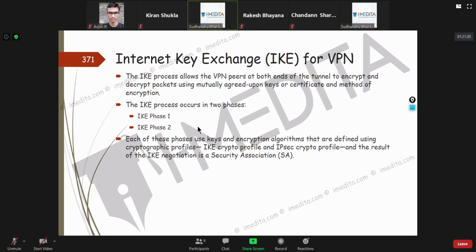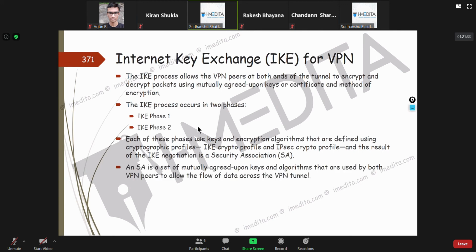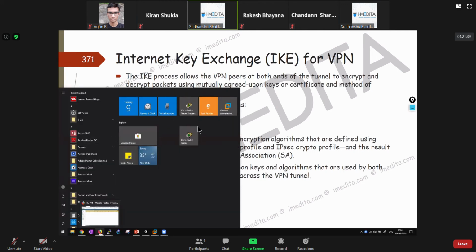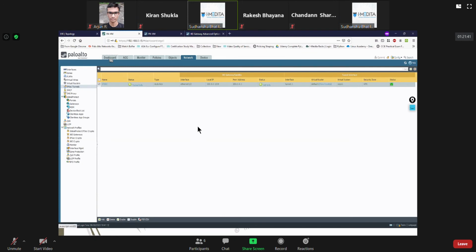Now, when they match and everything goes well, they say that a security association has been formed. And a security association is basically mutually agreed upon keys, like you saw here.